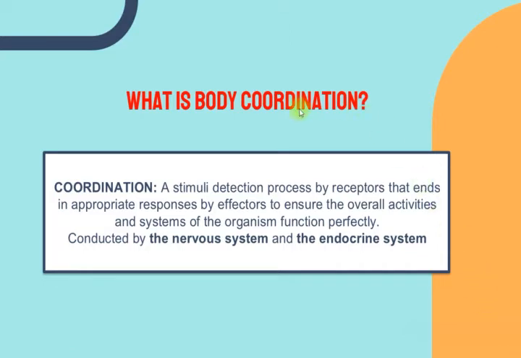Before we go to the sequence of human coordination, let's take a look. What is body coordination? Coordination is a stimuli detection process. What are the stimuli? Later we will discuss that. Stimuli, dalam bahasa Melayunya rangsangan. A stimuli detection process by receptors